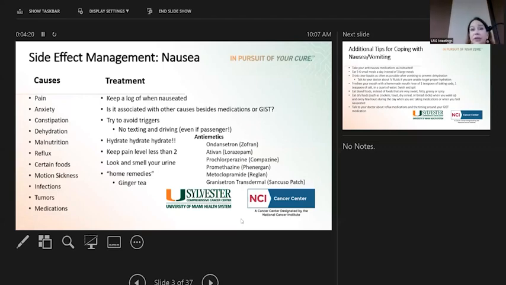Trying to stay hydrated is super important. So not having enough fluids is not good. And then treating these other things, so keeping your pain managed. Look and smell your urine. I guess that's for infection. Well, for